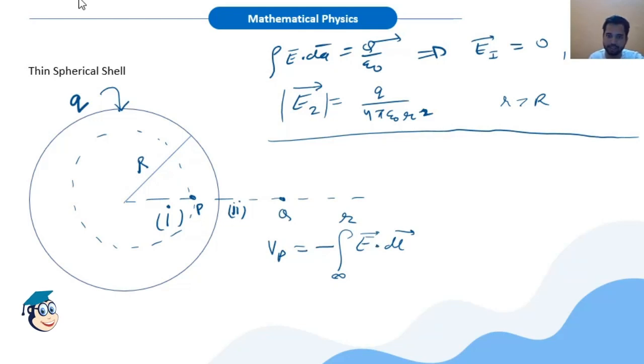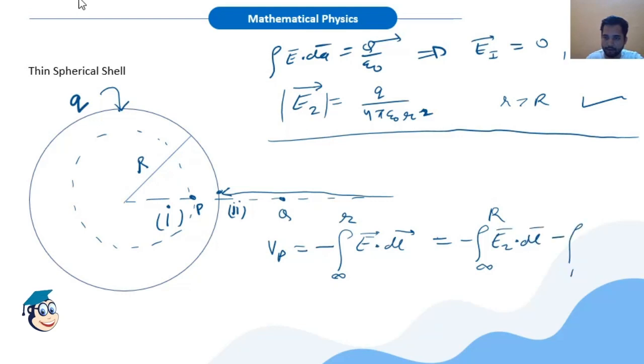So we have to break this integral into two parts, and the parts would be minus integral from infinity to capital R, because from infinity to capital R, this is the capital R point, we have the electric field E2. Okay, so we will write here E2 dot dl